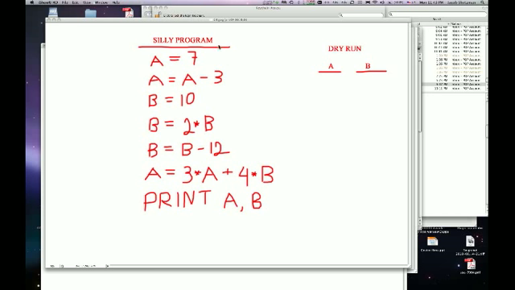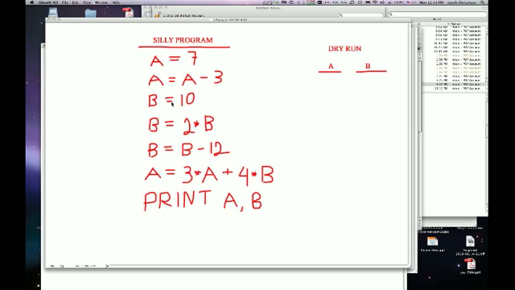And in this silly program, and you'll see why it's silly, there are two variables. One of them is called A and the other one is called B. The reason it's silly is because I'm setting it to different values for no reason. For example, I say A equals 7, that means put 7 in the variable A, and then I say A equals A minus 3 without any apparent reason, without an if question, without any logic, and then I